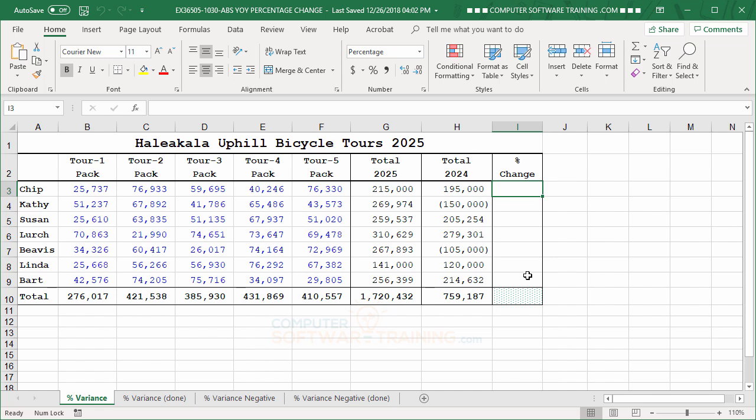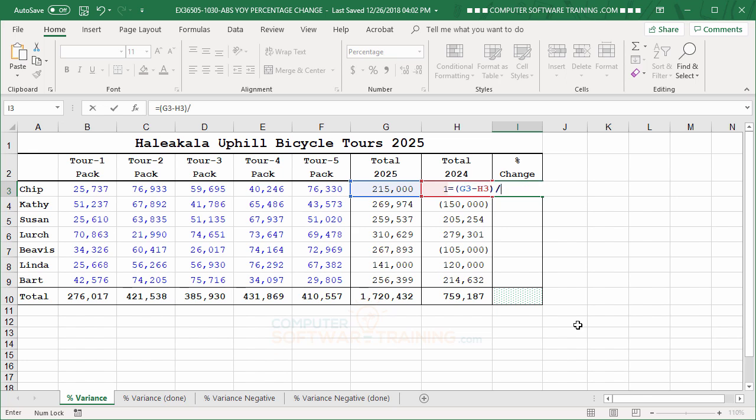So here's how we're going to go about doing this. We're going to go over here to I3, hit equal, put our left parenthesis in. Now the way this calculation works is we take the newest number minus the previous number divided by the previous number, okay? So we're going to say equal left parenthesis. We're going to take this number here minus that number there, close off the parenthesis,